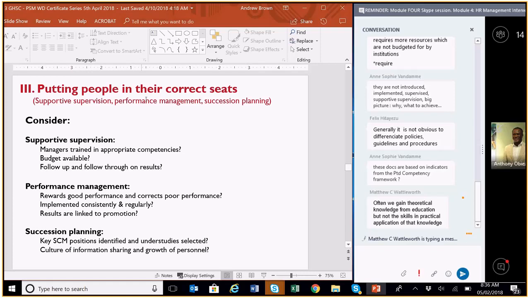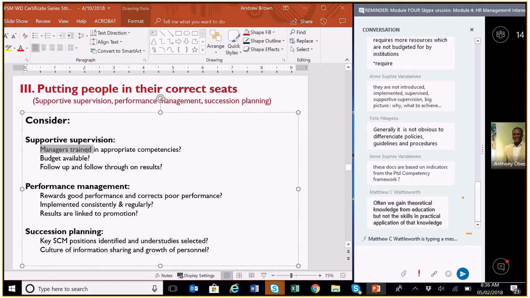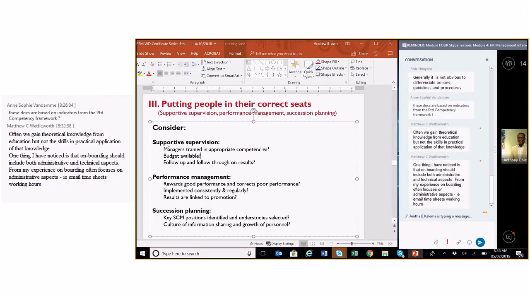When it comes to putting your people in the correct seats on the bus, the sorts of things we want you to think about are supportive supervision, performance management, and succession planning. When we think about supportive supervision, the big issues for me that I've come across, and you've mentioned these already, is do managers have the right competencies to be able to supervise staff? Do they have the human resources competencies to be able to provide feedback, to have a non-judgmental conversation with staff members regarding their productivity,